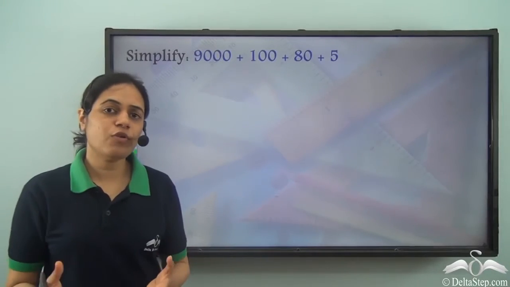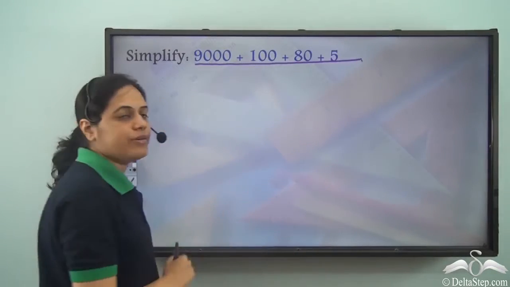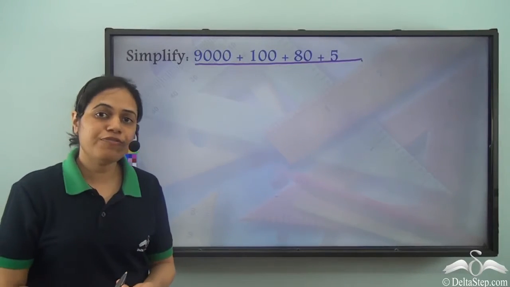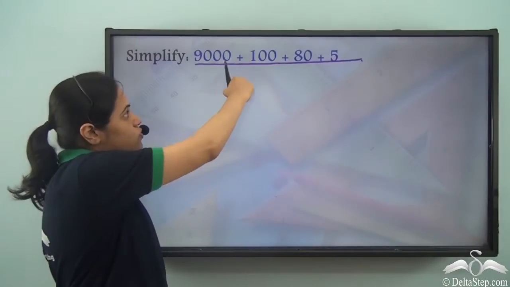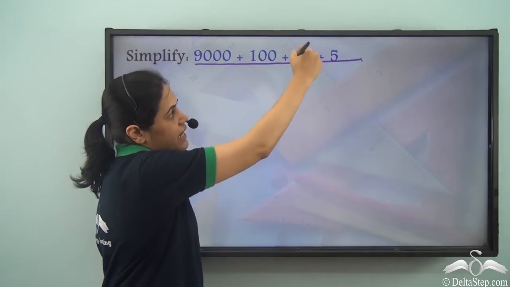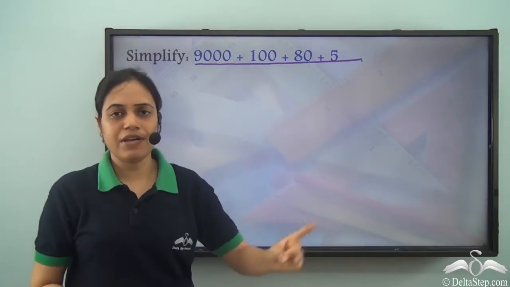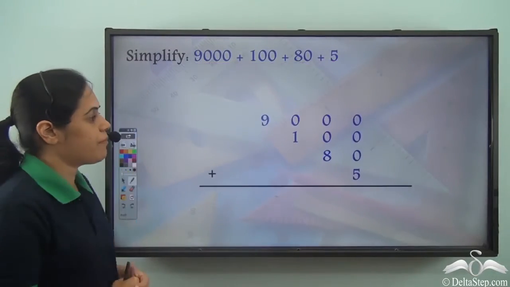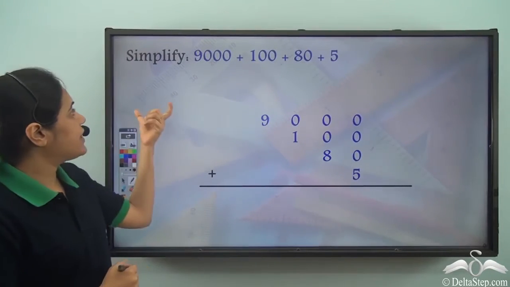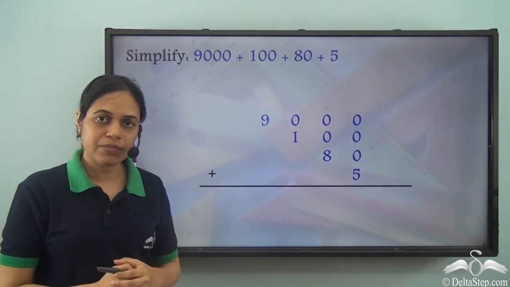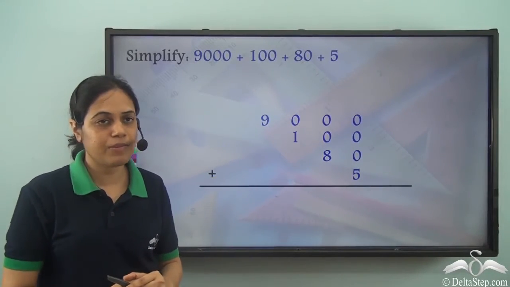Now, what if we want to do the other way around? So this is the expanded form of a number, and I want to find the number from this. So how do I find the number? It is 9000 plus 100 plus 80 plus 5. Now, because plus is given, I can simply add these numbers and get the original number, that is, get the simplified form of the number. Because we have already seen that if we add them, we can get the simplified form of the number.